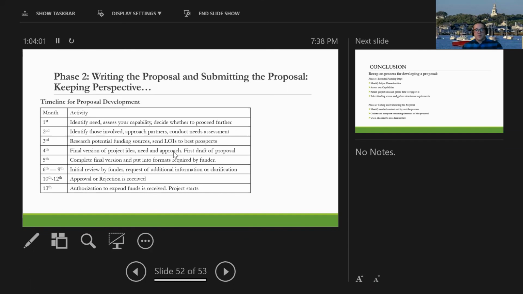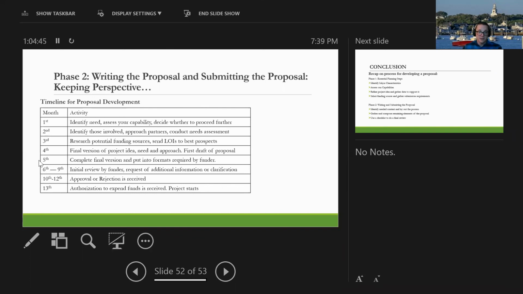A year is a long time. A year is more the situation where you're at an organization, and you have a private family foundation that you wish your organization had a relationship with. They give out money to a lot of like-minded organizations such as yourself, and you want to get on that list and their radar. When you go on their website, you quickly see unsolicited requests not accepted. So great, what do you do then? That's when the LOI comes in. That's when that stewardship from your executives gets involved. And that's when you would really start seeing this yearly process.